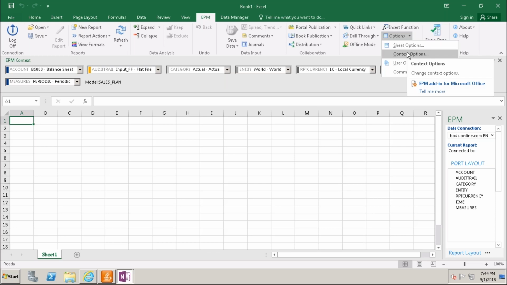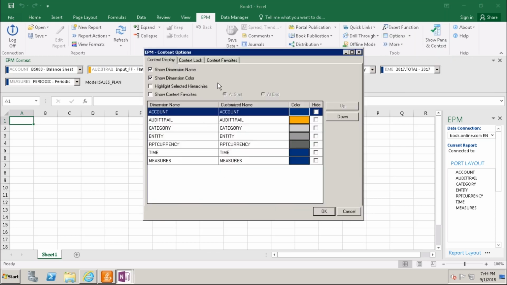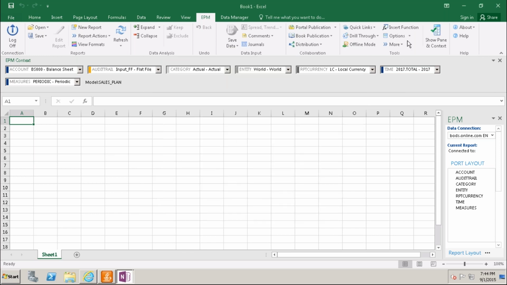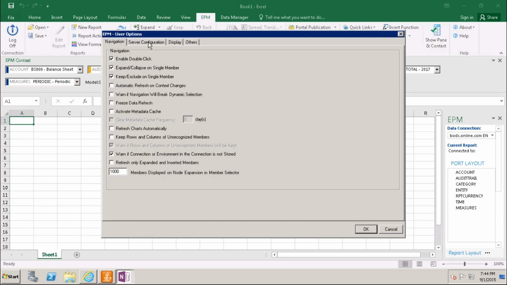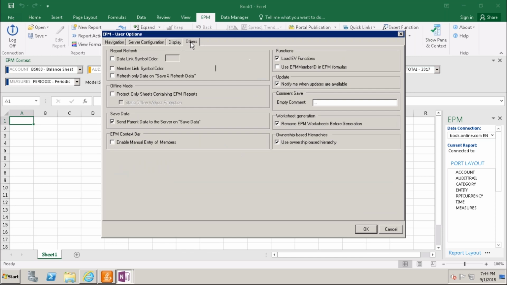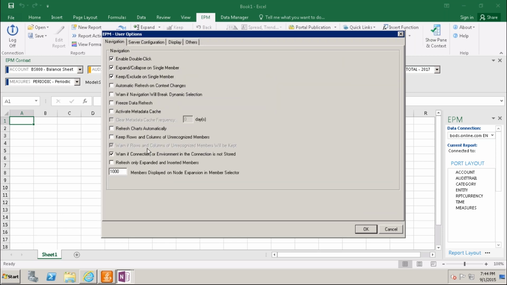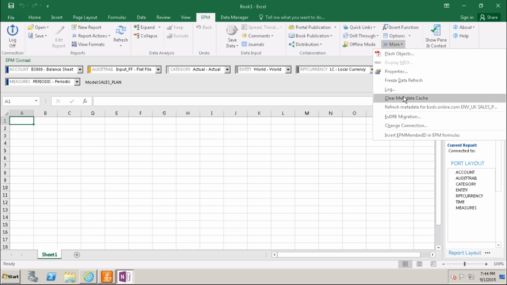Okay, we have context options. This is a simple one, context locks, and we have the user options. These are the user options we have here. So these are the specific user options. And what is there here?